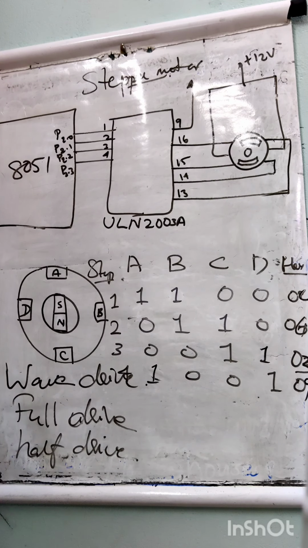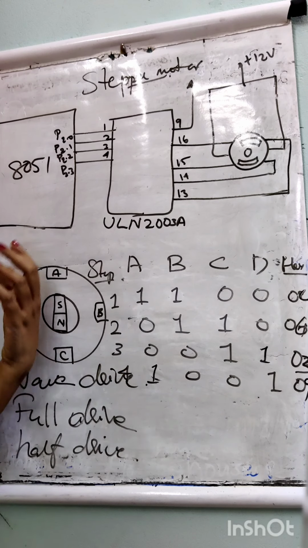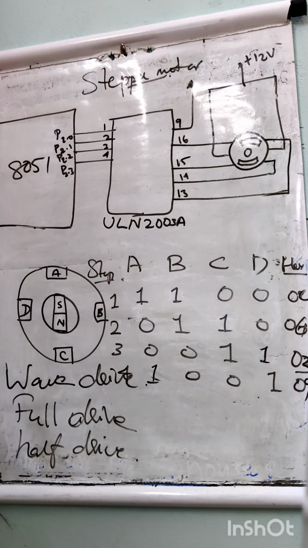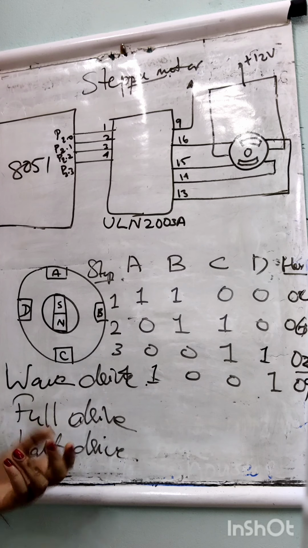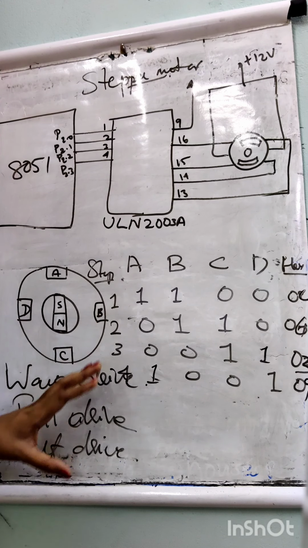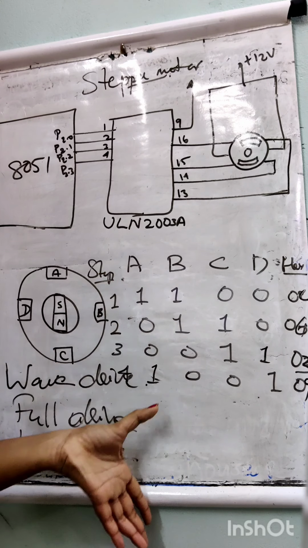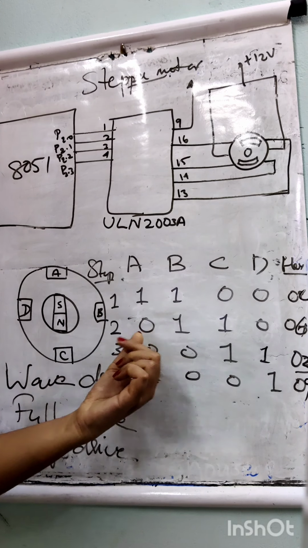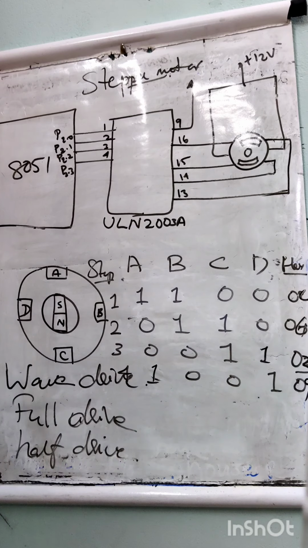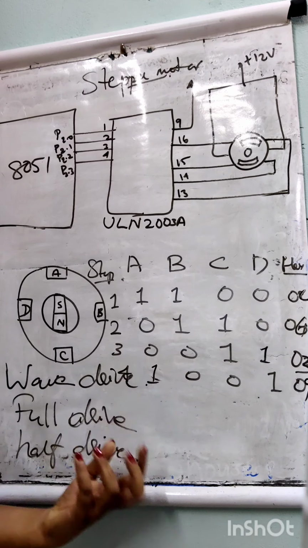In half drive mode, this mode works on an alternate energizing principle. At one moment only one coil is energized, but in the very next moment 2 coils are energized, and again back to 1. This sequence is repeated so as to make the motor more power efficient while maintaining high torque, and it increases the angular resolution of the motor. There will be around 8 steps. First 1 0 0 0, then 1 1 0 0, then 0 1 0 0, then 0 1 1 0.